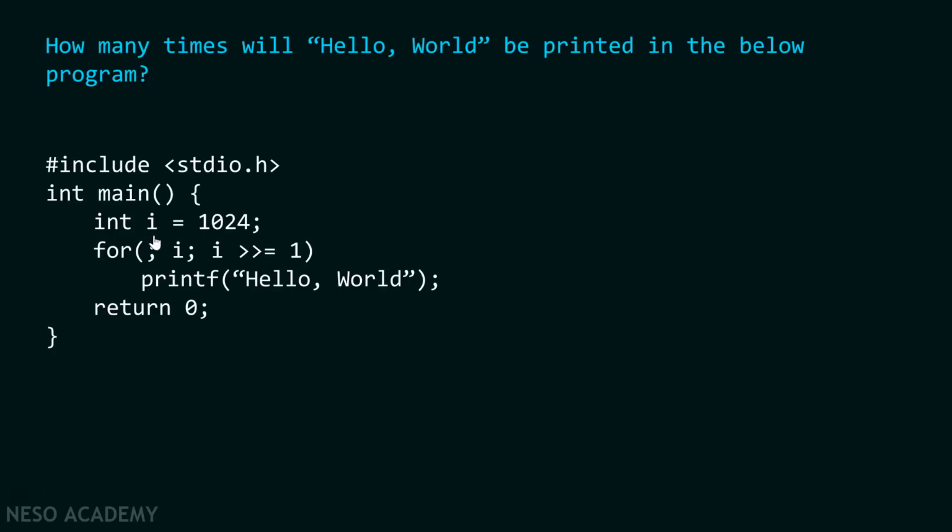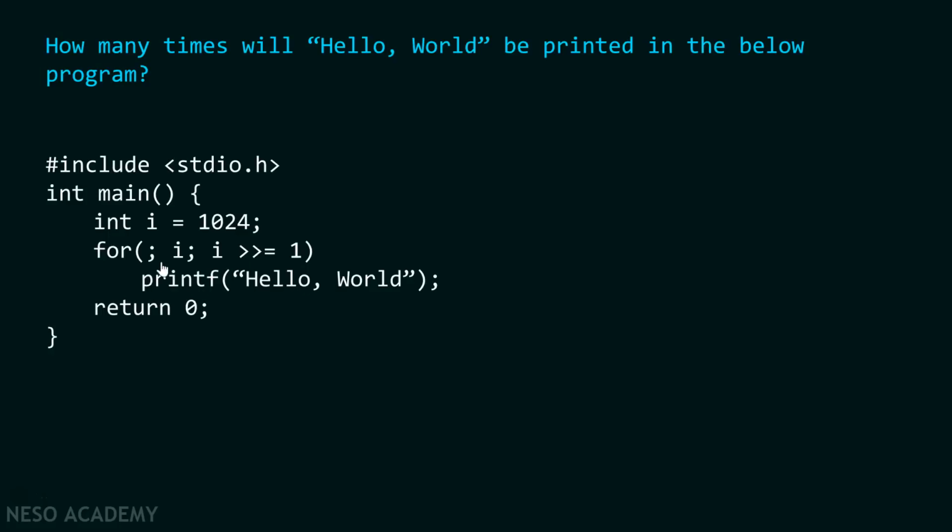As you can clearly see, I initialize this variable with the value 1024. And you can see there are weird looking expressions written inside this for loop which we haven't encountered before, right? Now we know that before this colon we have to write initialization step. After this colon we have to write condition step, and after this colon we have to write increment or decrement step. But this is totally changed. Before this colon we haven't mentioned any initialization step at all, because the initialization is done before this for loop already. So there is no need to initialize this once again over here, right?